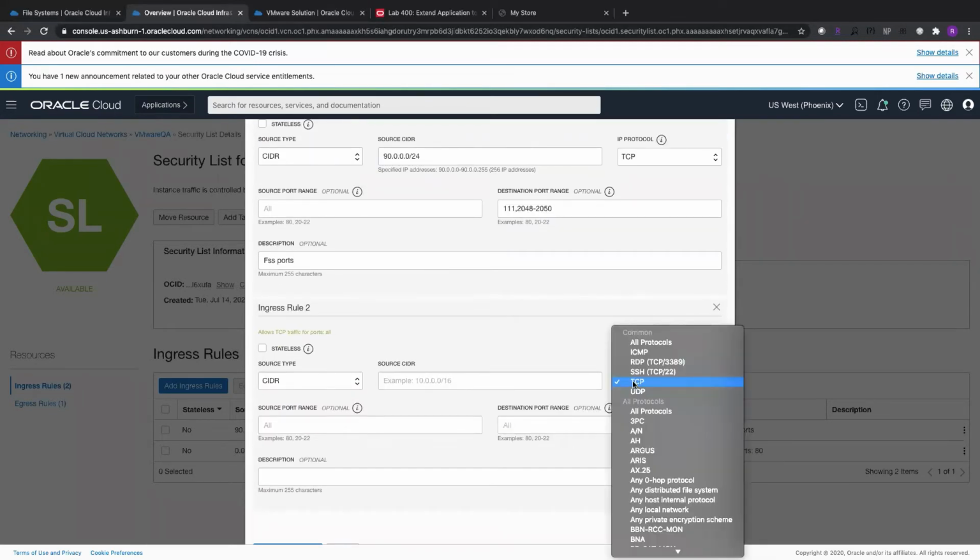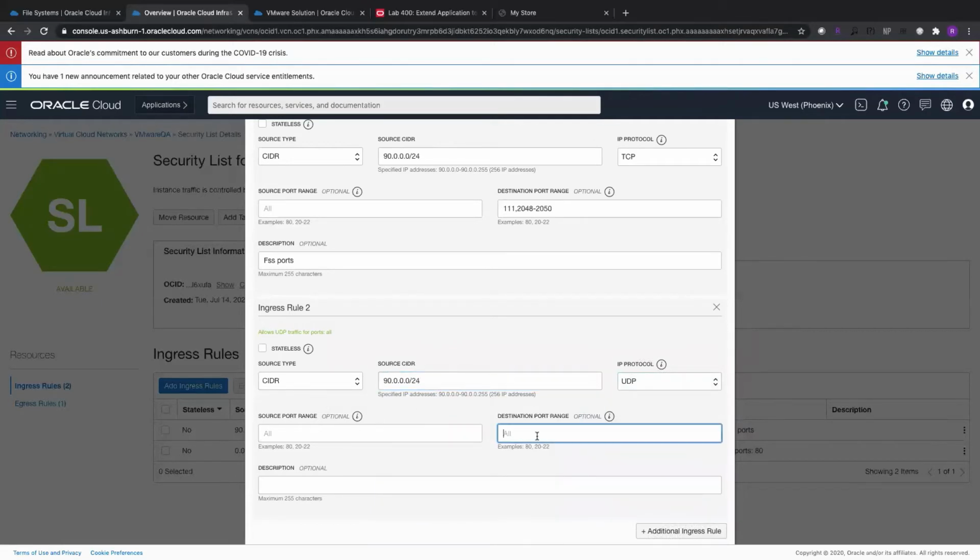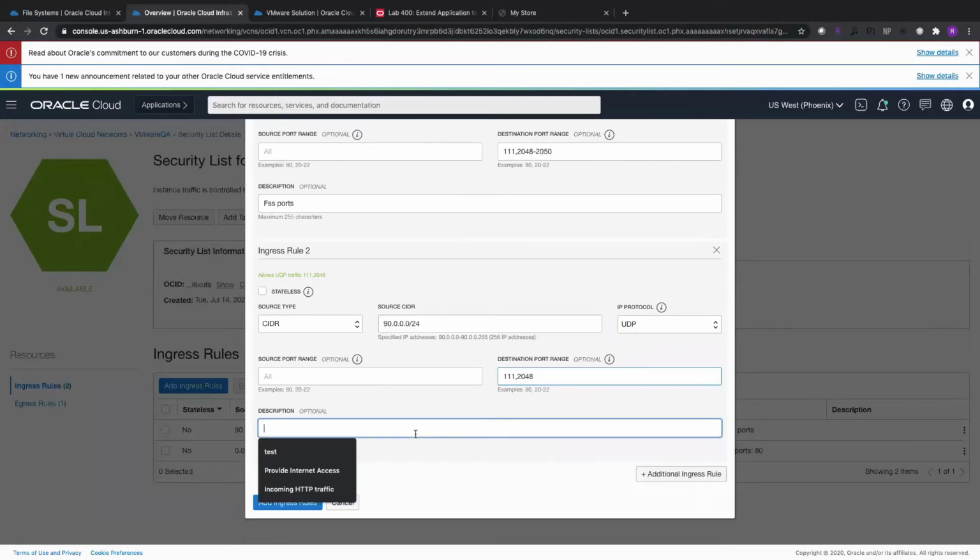We also have to add rules for UDP, same source CIDR, port 111, and 2048. Click Add Ingress Rule.